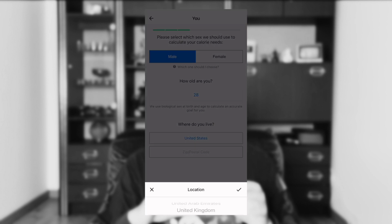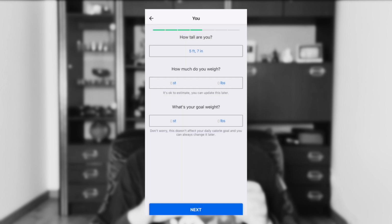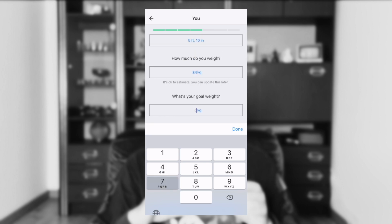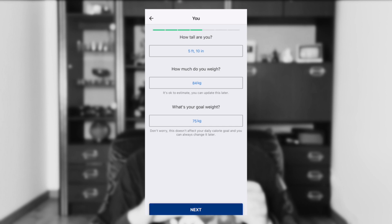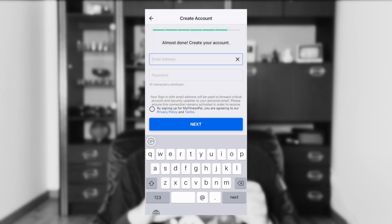Follow the prompts to set up your profile with details like age, weight, height, and what your goals are. The app is also going to ask you what you want your goal weight to be, although I wouldn't spend too much time thinking about this because it's not going to affect anything, so I would just write anything in there for now. The app is also going to ask you what you want your rate of weekly progress to be,